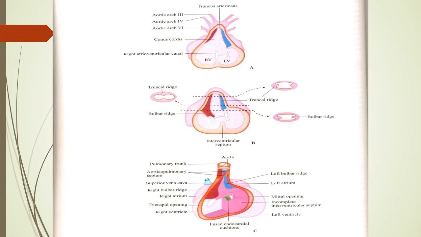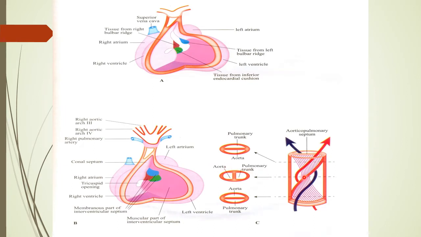One thing to notice, as you can see in this diagram, is that the aorticopulmonary septum, which is found in the truncus arteriosus, is not a straight septum as compared to the other septa. Especially the septum in the conus cordis is a straight septum and divides the conus cordis into two parts, the aortic vestibule and infundibulum. But the septum which is formed in the truncus arteriosus is formed in a spiral manner, as you can see in this diagram.